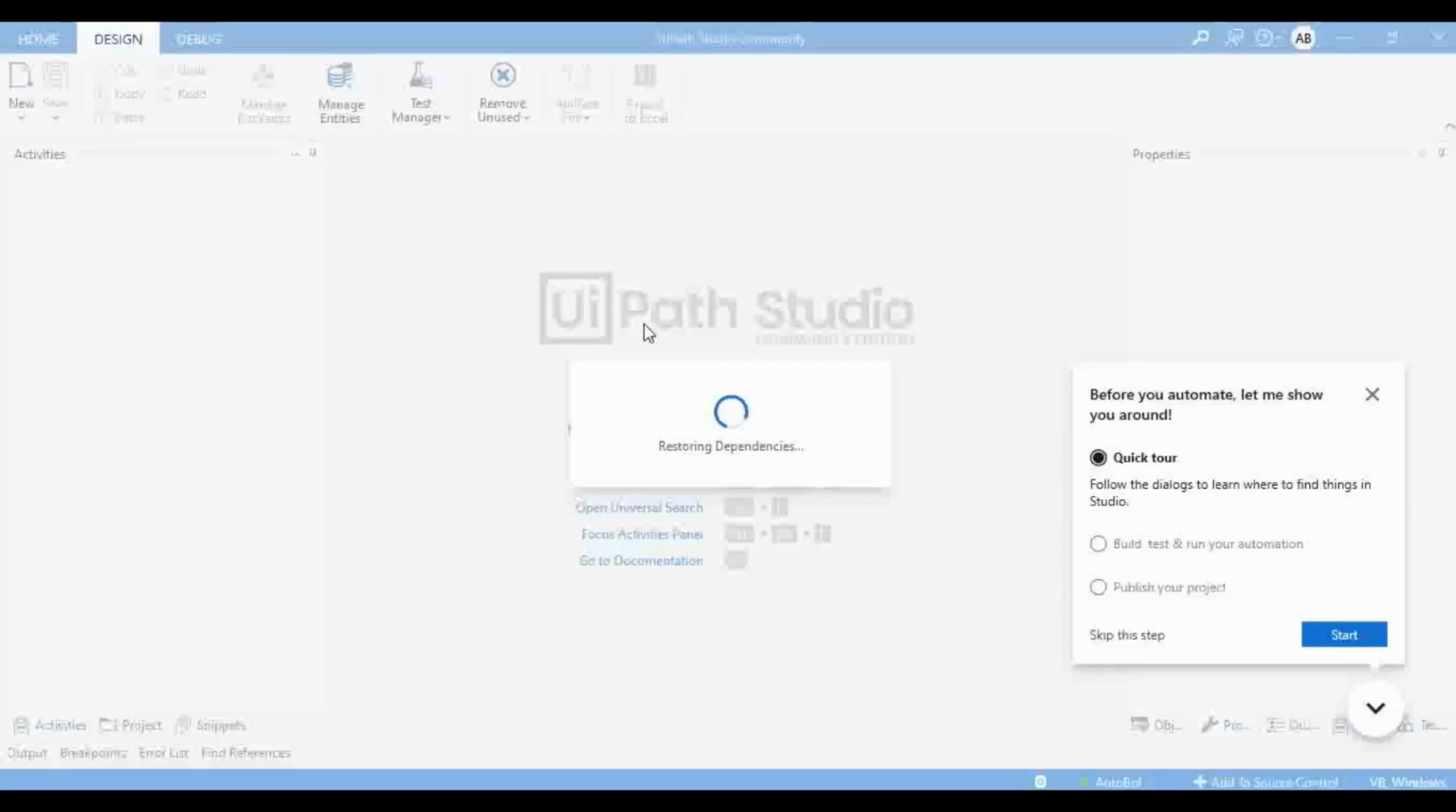Okay, so once you did that, it is asking you whether you need a tool. Okay, before you automate, let me show you around. So if you don't want to see this step, you can click on skip this step and it will skip all these required steps. Okay, or if I click on start,